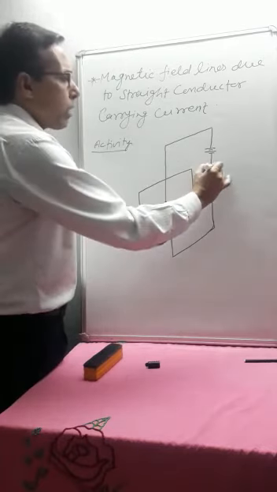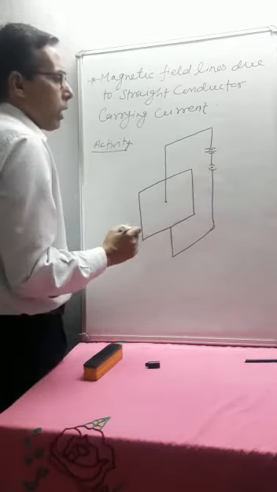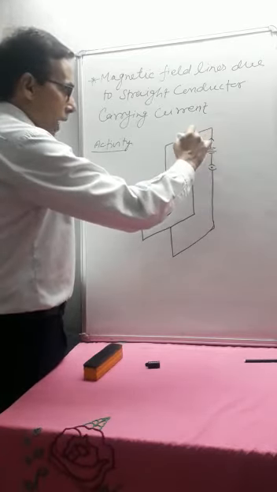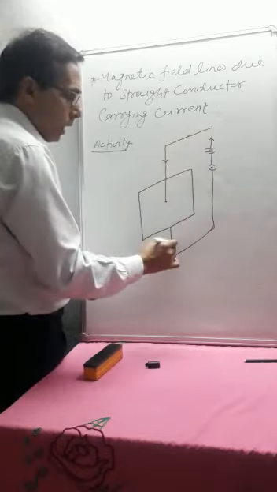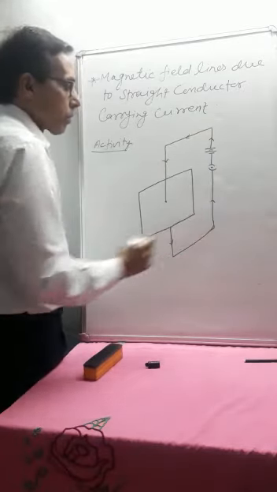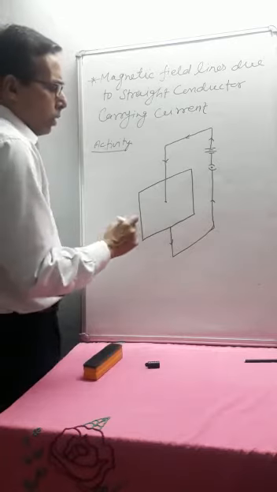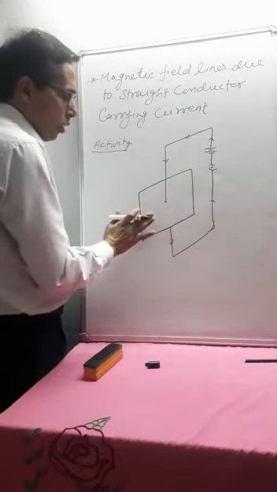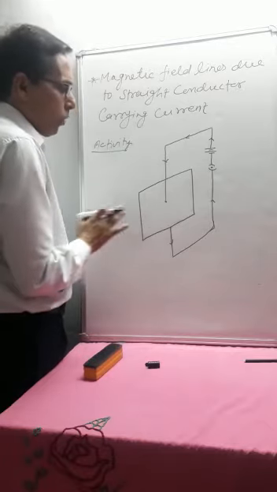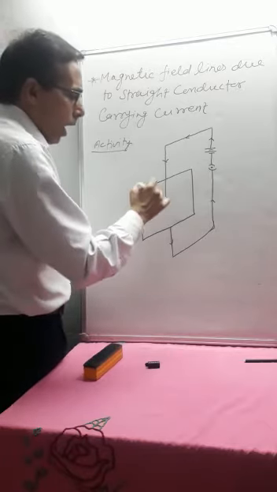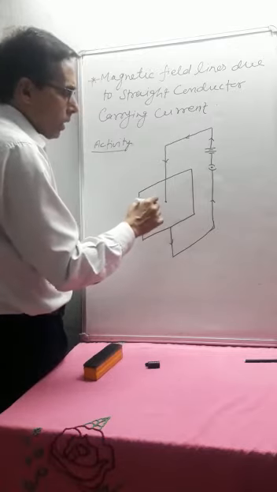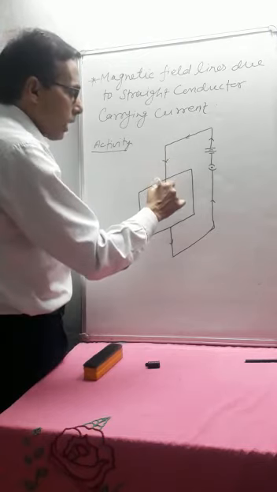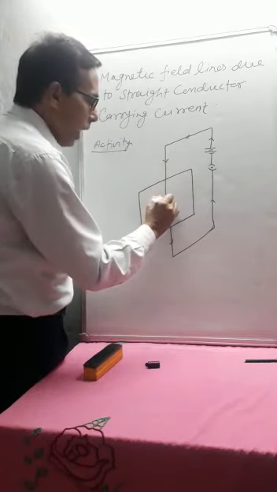Now as we press this key, the current will flow from the positive terminal of the battery to the negative terminal. As we press the key and tap this horizontal cardboard, we will observe that the iron filings are arranged in concentric circles around this current carrying straight wire, like that.